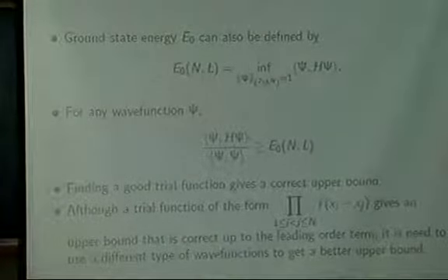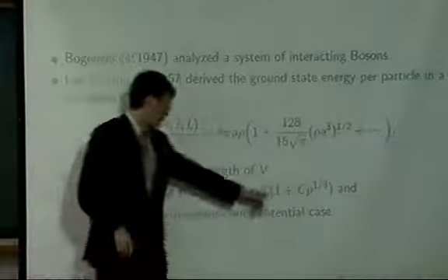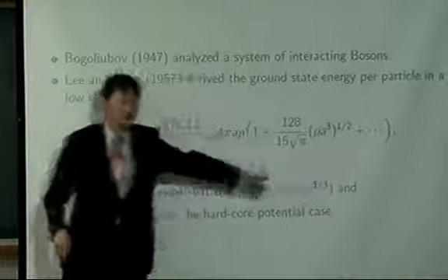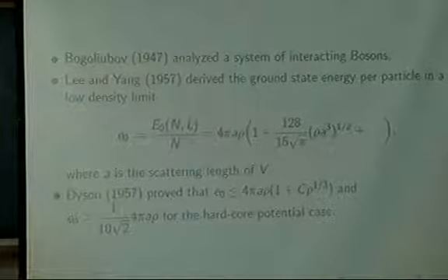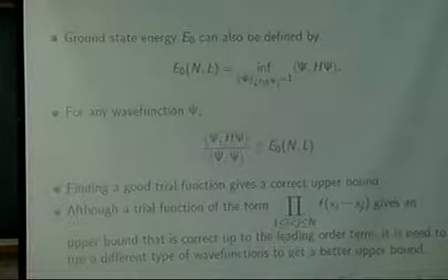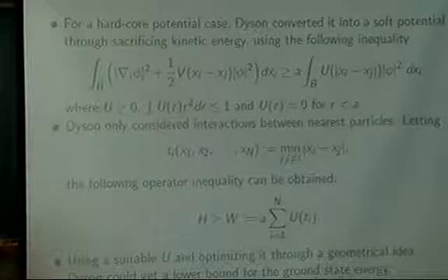Actually, this method will give 1 plus rho to the 1/4 instead of 1/3. And to get 1/3, we need a very complicated wave function as a trial function. And finally, to get this result, it is even more. So we need to define a Fock space and a variational principle and change the number of particles. But again, this is not a topic that I'm going to explain in this talk. So the upper bound is like this, but the lower bound is very hard.